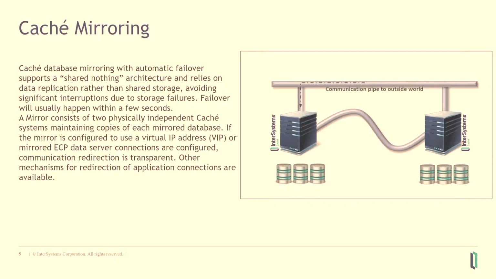So the way to do that is fairly straightforward. The architecture is shared nothing, so you don't need to have shared storage where two machines can access the same data. What we do is that we take any transactions that come in and actually duplicate them. This is done in a synchronous manner. Conceptually, when we look at those, we treat those two machines as a single entity. When you size them, both of them should be the same size. They should have the same amount of storage allocated to them, the same amount of memory.